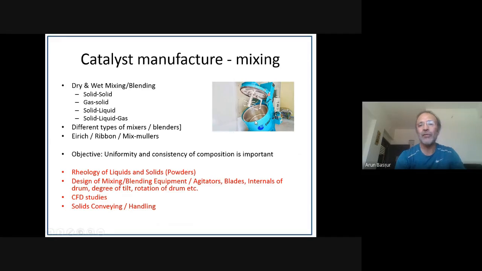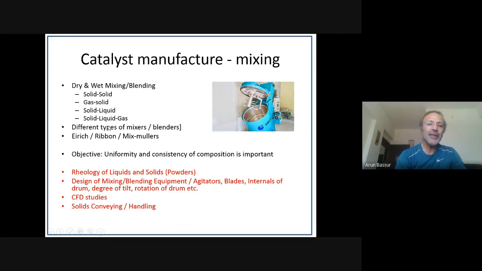This photograph is of an IRIC mixer. As you can see, there's a drum, there's a scraper, and there's a central agitator. And this device has provision to either rotate the agitator clockwise or anti-clockwise, and the drum also clockwise or anti-clockwise. At the same time, the angle of tilt of this drum can also be changed.